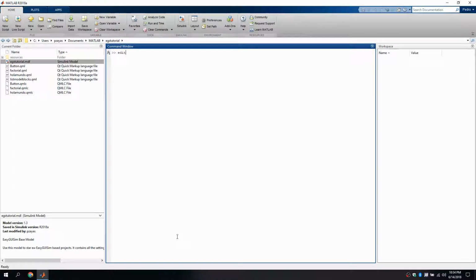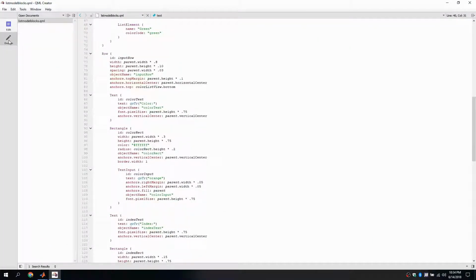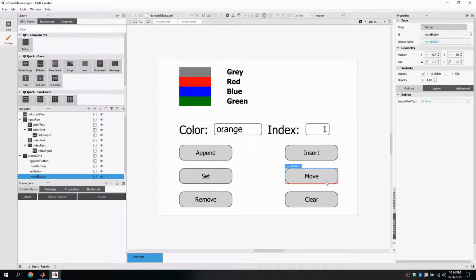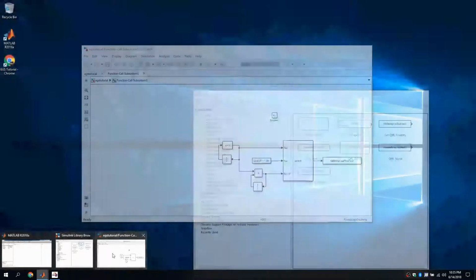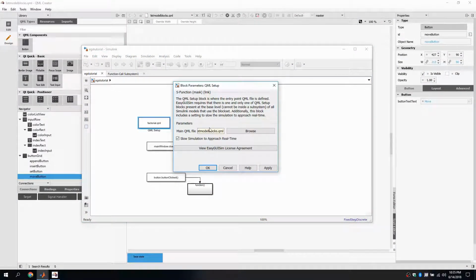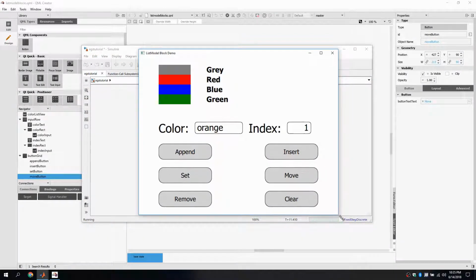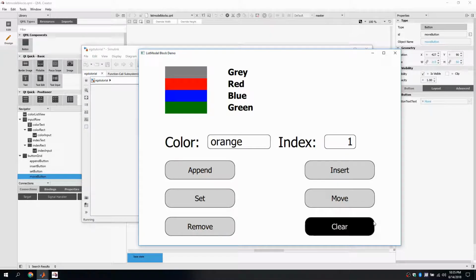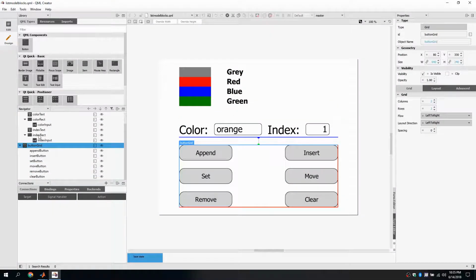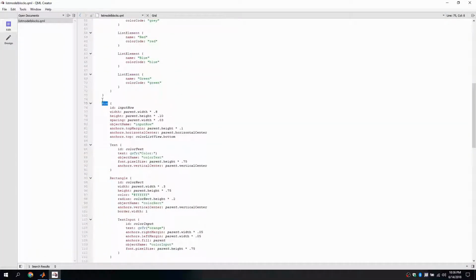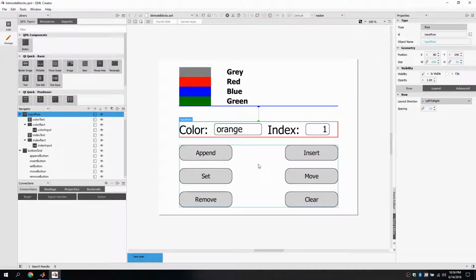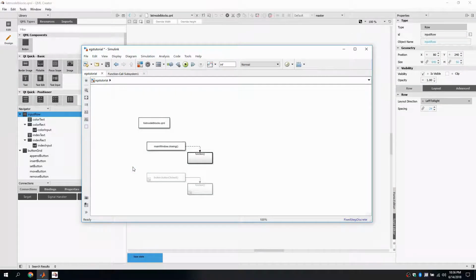Next, let's play with the list model blocks for a little bit. We have included a QML file called list model blocks on the link provided. We can see that here we reuse the button component extensively. We also take advantage of property bindings to have this user interface look good in different sizes. Note the use of row and grid objects to help with positioning. In general, this is a good example to help you understand the QML concepts we presented in the previous section.